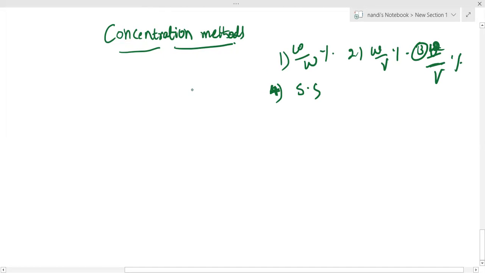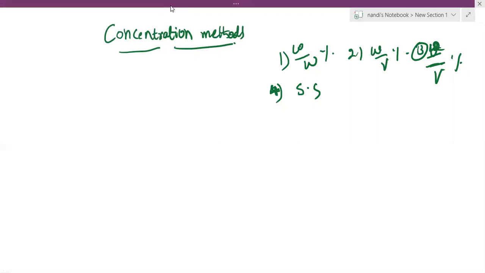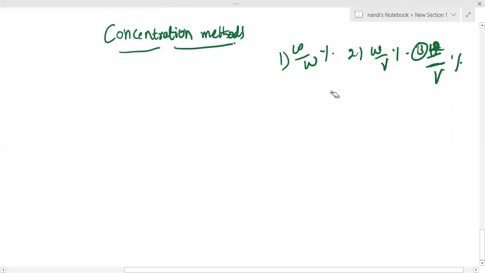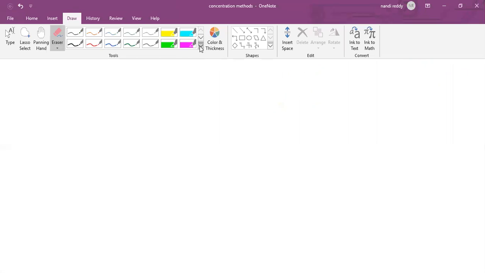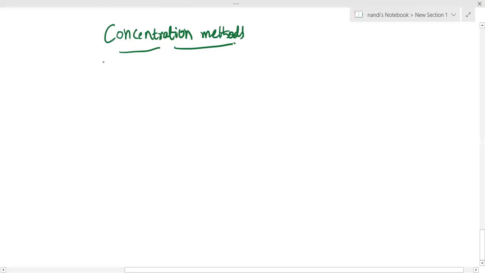Now in this case, we are going to discuss molarity and different forms of molarity. I also discussed molarity in my previous video in terms of W by W percent, W by V percent, and strength of solution. You can check it. Now here we are going to discuss the dilution principle and mixing of solutions of the same nature and opposite natures. So molarity equals n moles of solute dissolved in V liters of solution. You can write n equal to weight by gram molecular mass, and molarity is n times 1000 by V mL.